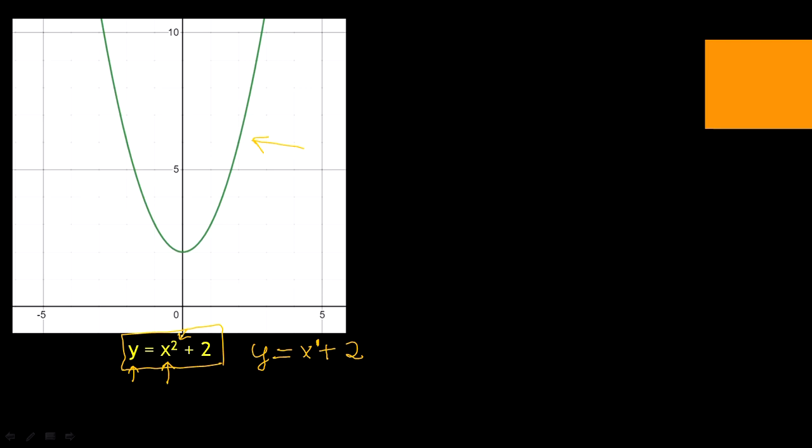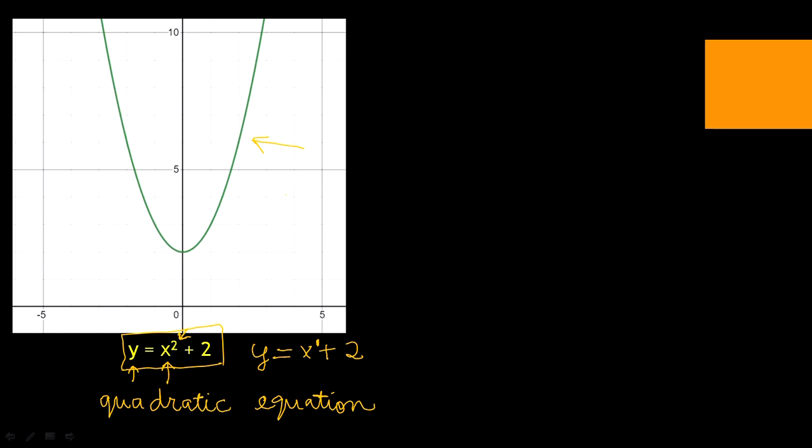Such an equation where the highest power is 2 as opposed to 1 is known as a quadratic equation. So this is called a quadratic equation, and we can clearly see that the graph of such an equation is not a straight line but a curve